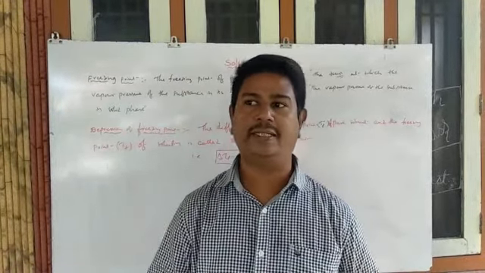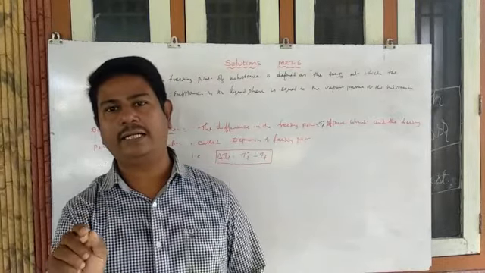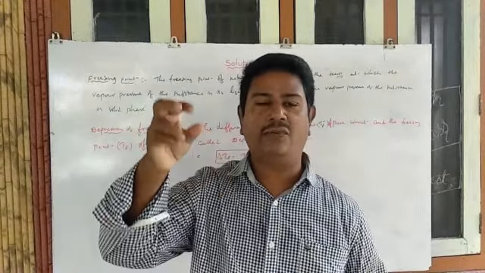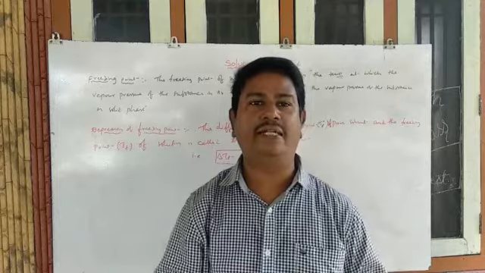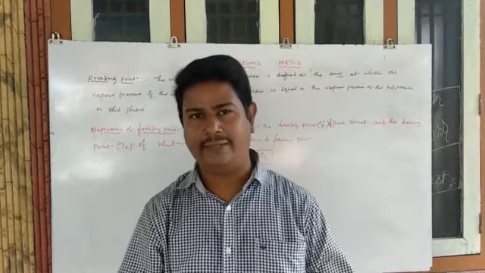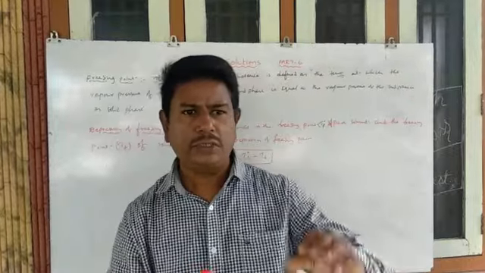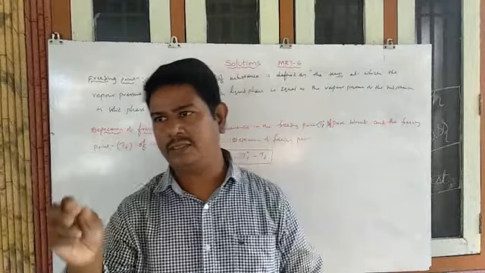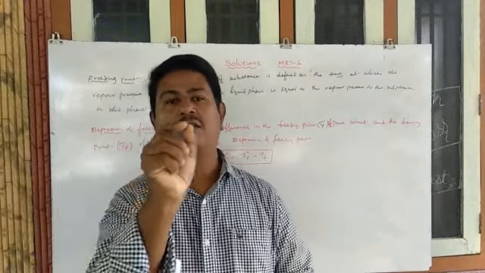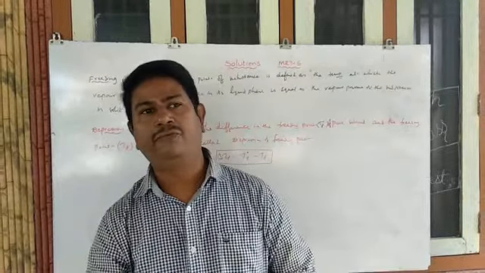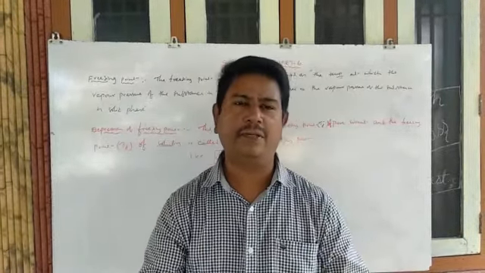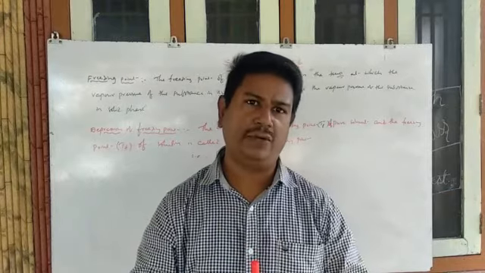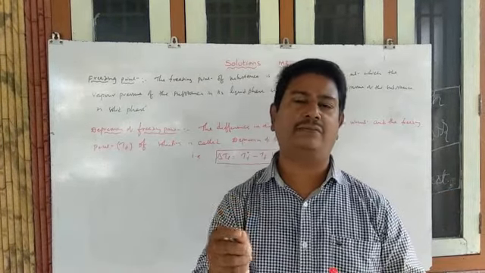Next is the colligative property, depression in freezing point. Depression in freezing point means, when a non-volatile solute is dissolved in a pure solvent, what happens to its freezing point? A simple example: take a glass of water and keep it in a deep fridge, and take another glass of water, add a non-volatile solute like salt, and keep it in the fridge. Which one freezes first? The pure solvent freezes first, then the solution. Why? Because depression in freezing point happens.